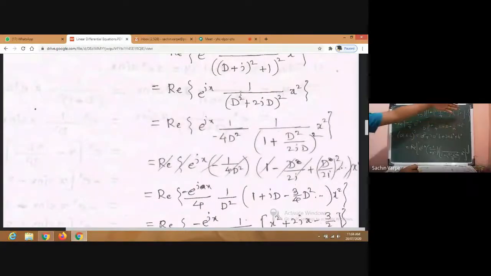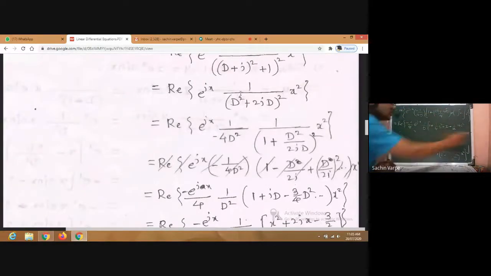Now in the cubic, is there any square term? Please check. That is d square cube will be d raised to 6, neglected, right? Then 3a square, its square again gives d raised to 4, that is again neglected. Then plus 3ab square, from a and the square of b a d square term comes, and the multiplication of both will be again d raised to 4, that will be again neglected. And b cube, its cube, that will be d cube, that is again neglected. So all the terms in the cubic bracket will be neglected. So these are the only non-zero terms in the infinite expansion. I hope you are getting it. Please ask if any doubt. Is that okay?